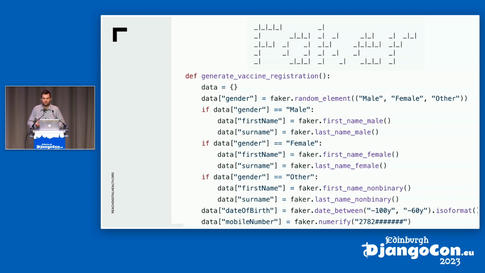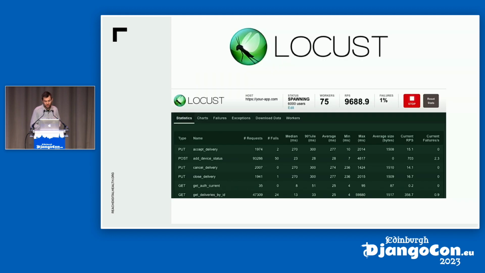We have the fake data, now we need fake users using our system, and so we can see how that works. A tool that's great for this that we've used is called Locust. This allows us to do quite nice load testing on the system. You can do fairly complicated user flows with it, and then you can see exactly what endpoints are slow, where you need to focus your time and energy at improving the system, what are the bottlenecks that you have there.